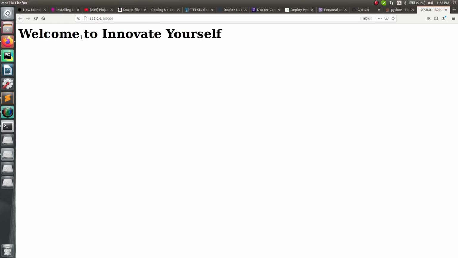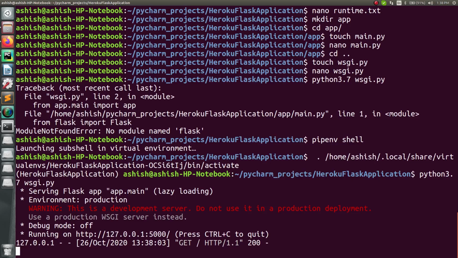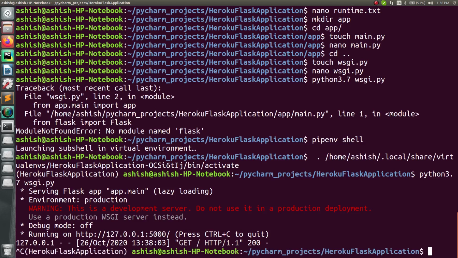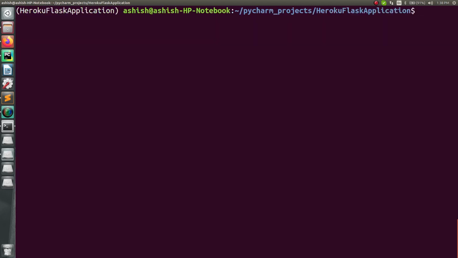Similarly, if you have some complete project, you can add it here and you can test whether it's working or not. So this is the first step which I have done now, based on which we are sure that your project is ready, and now we can deploy it onto the Heroku server. To deploy it onto the Heroku server, we have to move to the next steps, so let's start with that, right? Let me just clear this one, and now I'm done with this part.